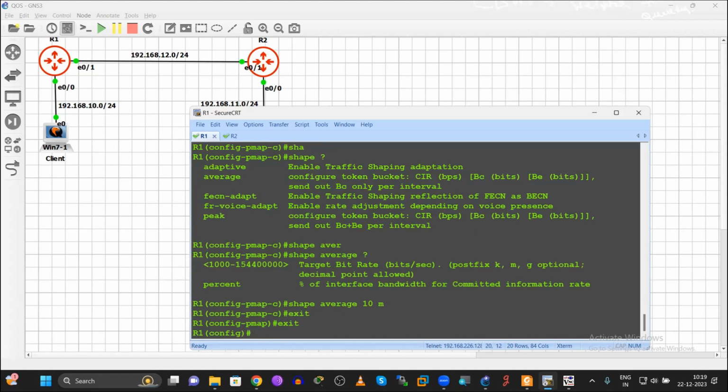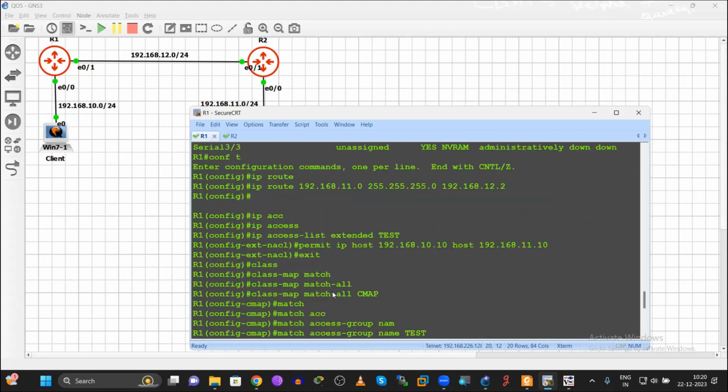Creation of the policy is not enough. That policy needs to be applied. Then only it will be effective. Then only it is going to work. Here I am going to set this policy. Where can this policy be set? Either the policy can be set on the interface Ethernet 0/0 as inbound, or on the Ethernet 0/1 interface as outbound. Preferably this is the interface getting connected to the ISP, so I am going to set the policy on Ethernet 0/1.